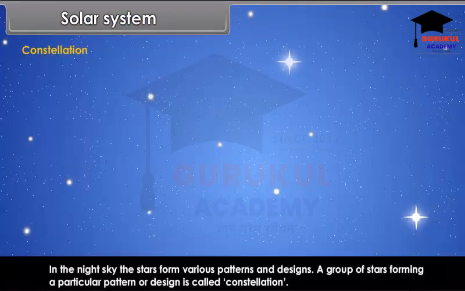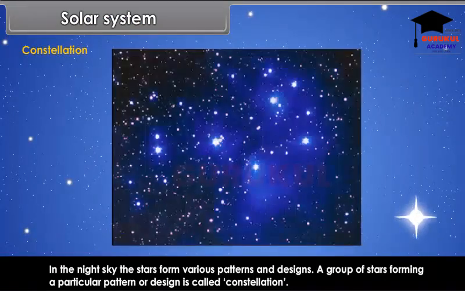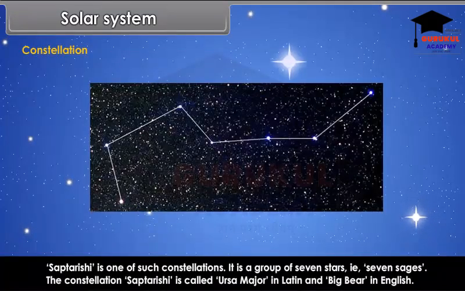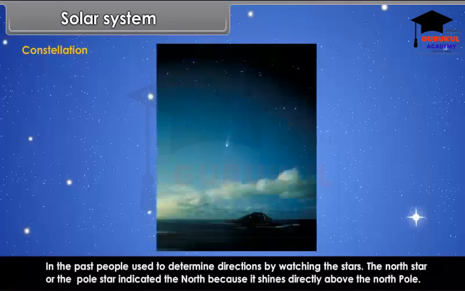Constellation. In the night sky, the stars form various patterns and designs. A group of stars forming a particular pattern or design is called constellation. Saptarishi is one of such constellations. It is a group of 7 stars, that is 7 sages. The constellation Saptarishi is called Ursa Major in Latin and Big Bear in English. In the past, people used to determine directions by watching the stars. The North Star or the Pole Star indicated